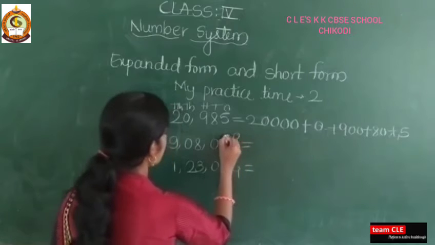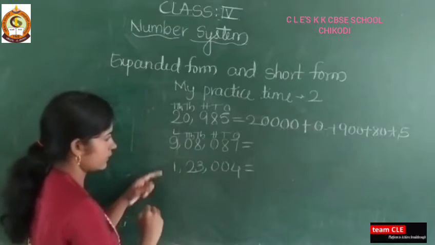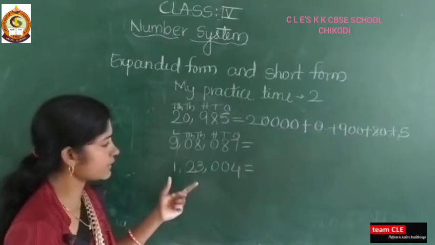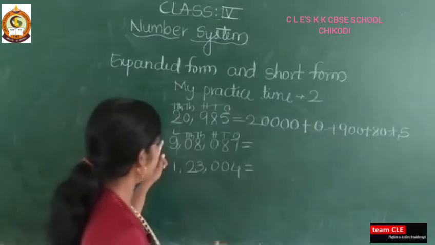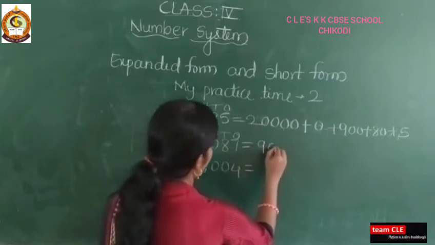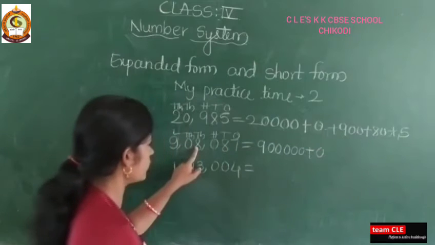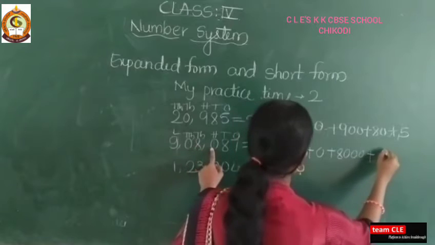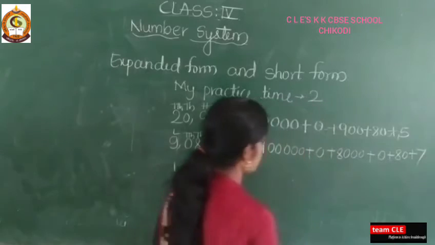Next, again you write place values: ones, tens, hundreds, thousand, 10,000, lakh. If you are not writing place values, that is also correct, but if you are practicing like this, then the place value chart will permanently fix in your mind. So 9 lakh right here. See here 1, 2, 3, 4, 5. Next here 0 is there, means you write only 0. 8 thousands: 8 in 1000, 3 zeros will come. Next 0 hundreds means right here 0. 8 tens means 80. 7 ones means 7.